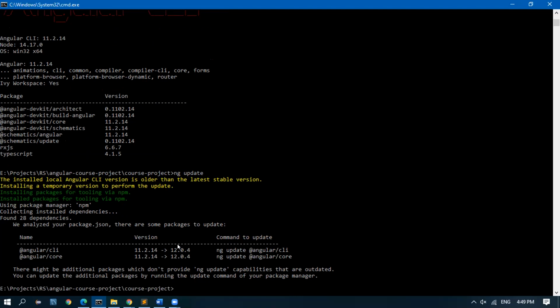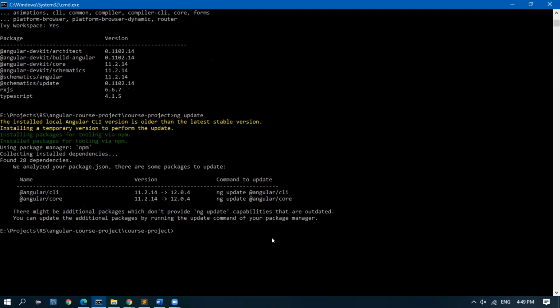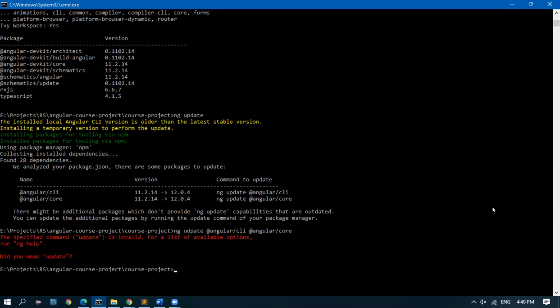Okay, so we found 28 dependencies. There might be additional packages, so we have to update this manually. ng update @angular/cli @angular/core. Typo. Okay, update.